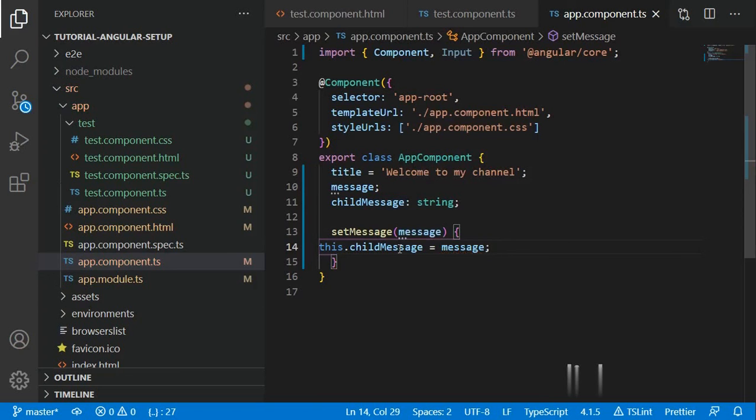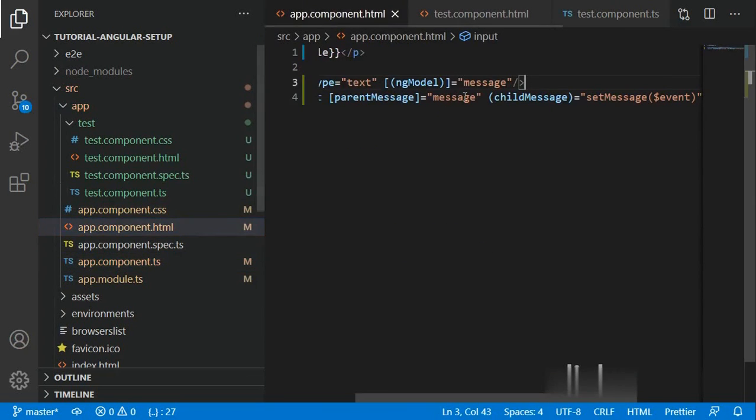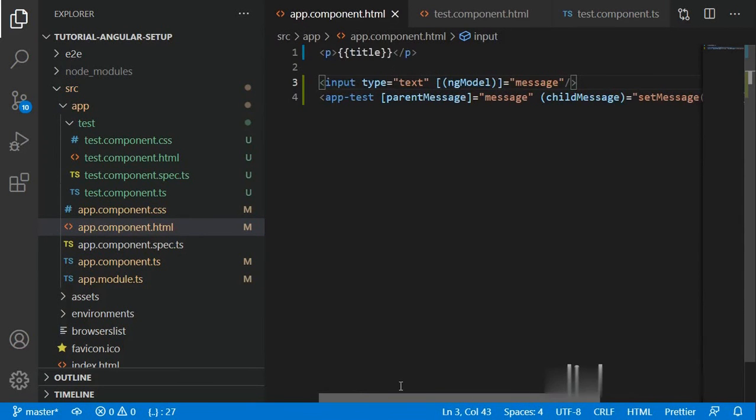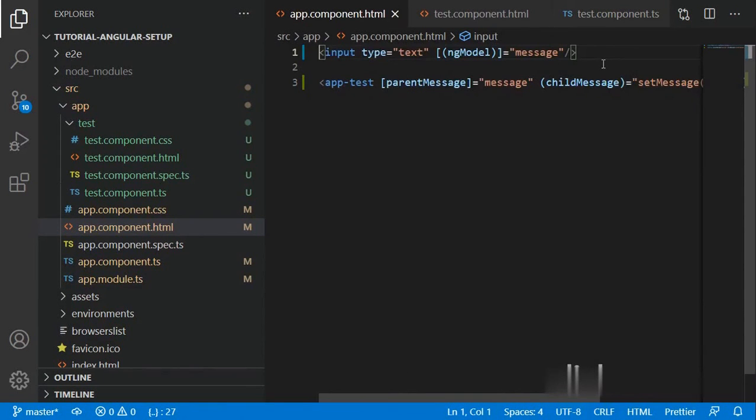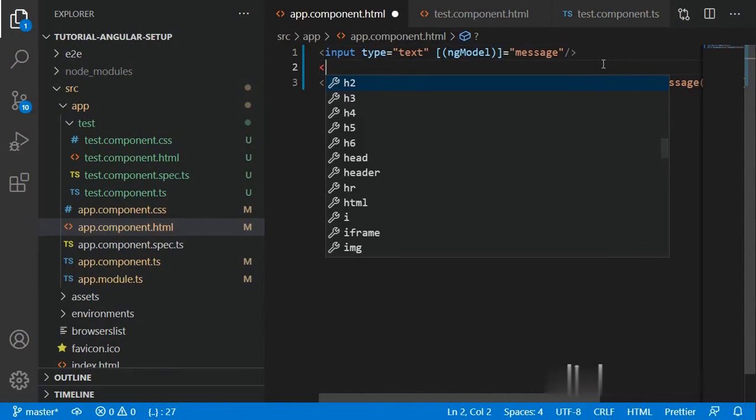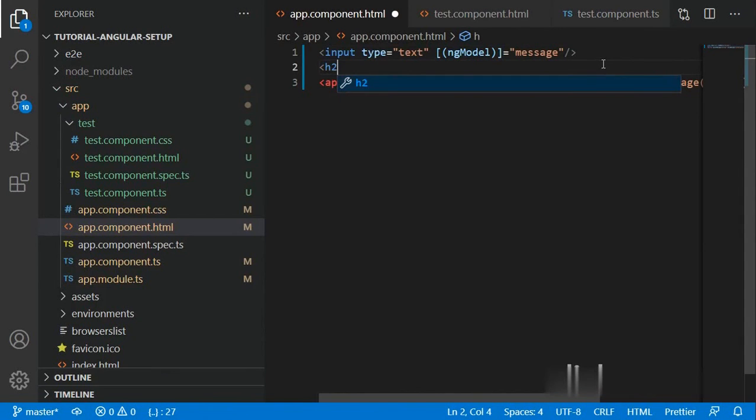Now we will display this child message in our HTML file. So now let's display the message received from child.